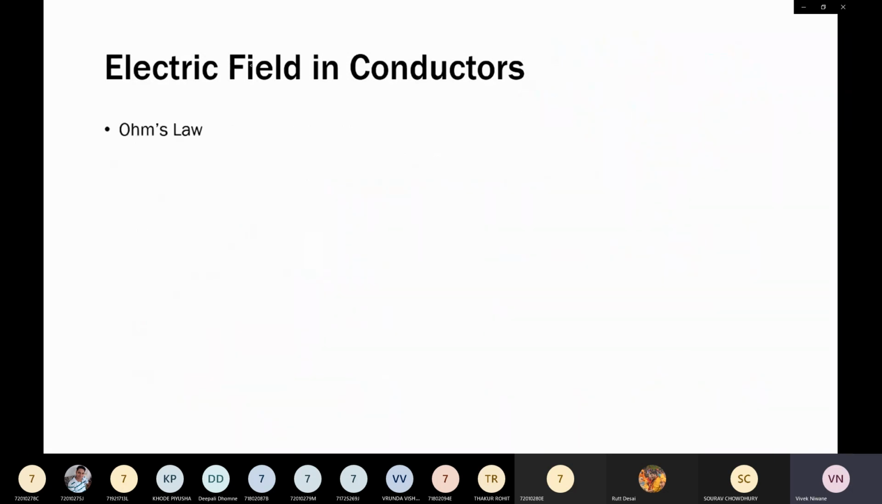Then we know one Ohm's law, very well known Ohm's law, V is equal to IR. Similarly, I can express this as I is equal to V upon R. We are going to express the same Ohm's law but in a different kind of understanding, which is expressed as J is equal to sigma E. Here J is the current density, which is analogous to current. E is